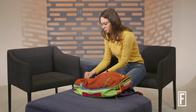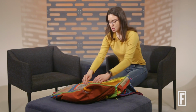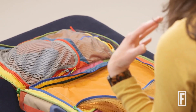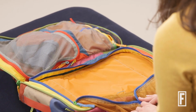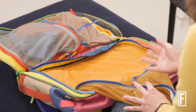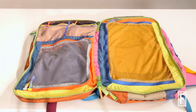You're probably going to keep most of your things in this main compartment. It opens up just like a regular suitcase, which is really nice. The largest part of storage I used for things like clothes, tops, bottoms, socks, all of that. And then I would use these smaller compartments for things like chargers and some jewelry. It's really nice because it keeps things neat and separate